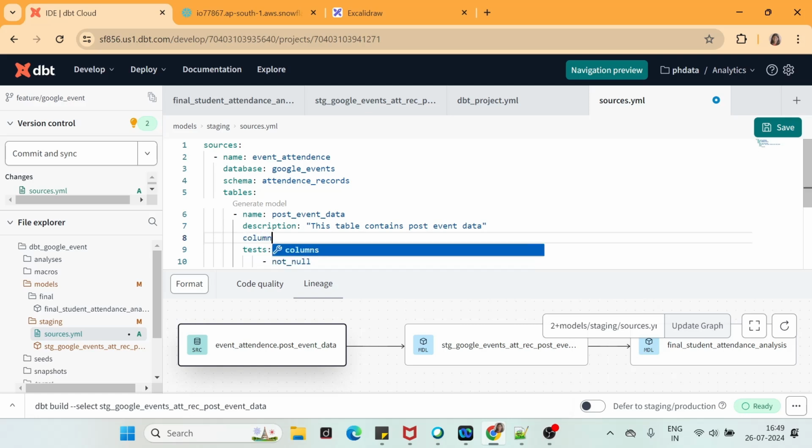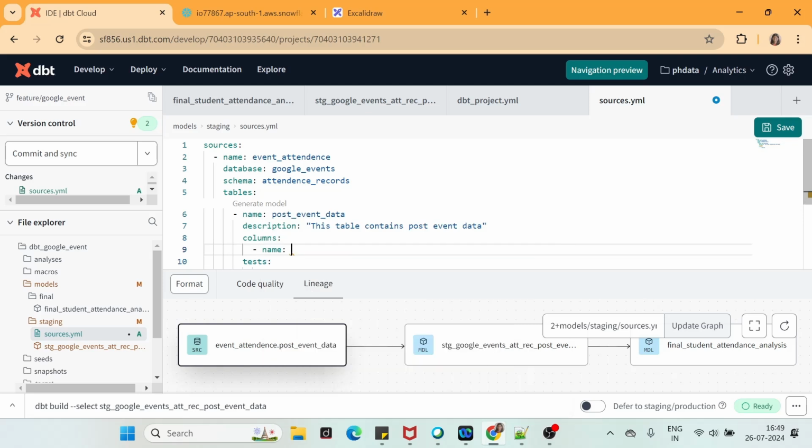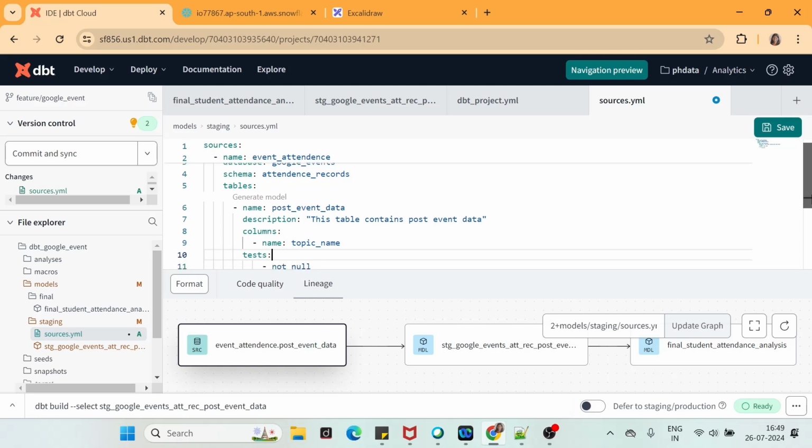So I will write columns here. I will write the name of the column here. Name of the column is my topic name, and my test will be not null.